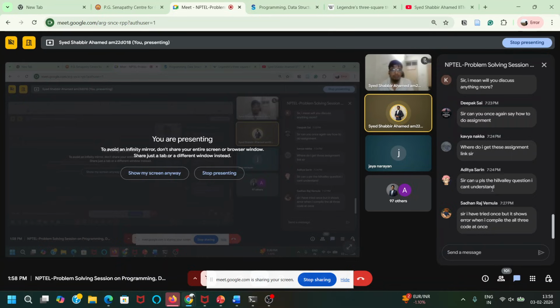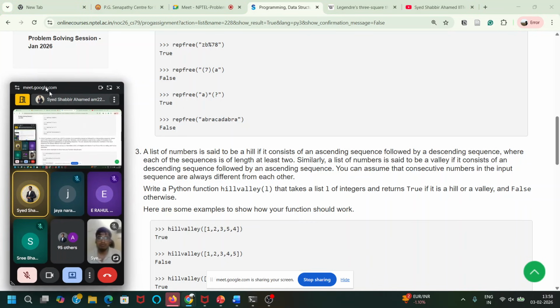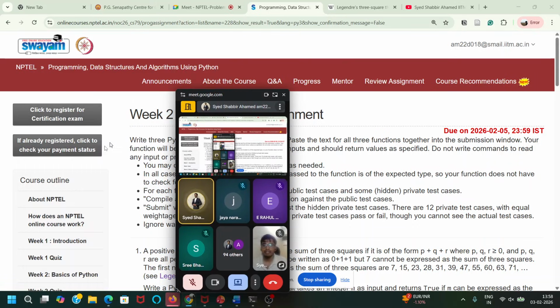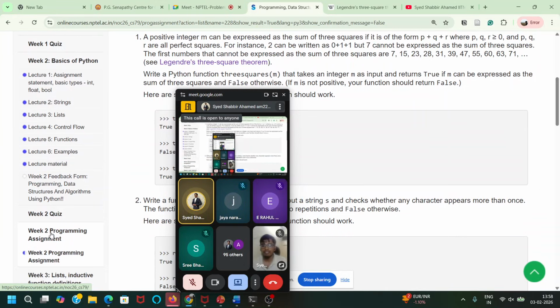See, Kavya, you have to go to the NPTEL page, the Swayam portal. In the Swayam portal, you go through programming, data structures and algorithms using Python. In week 2, you can click week 2. After the lectures, you can see the week 2 quiz and the week 2 programming assignment.